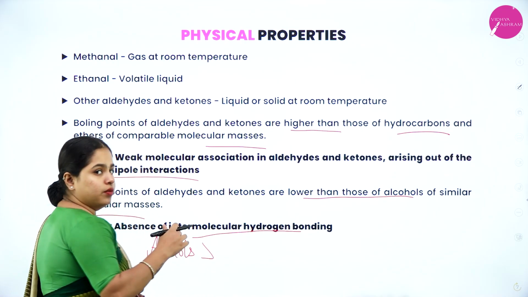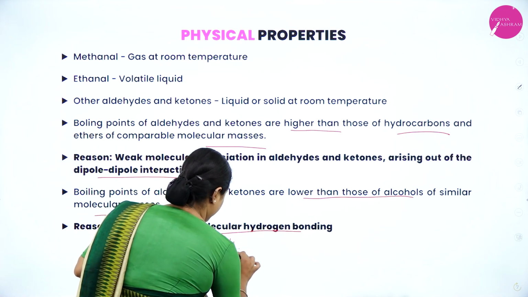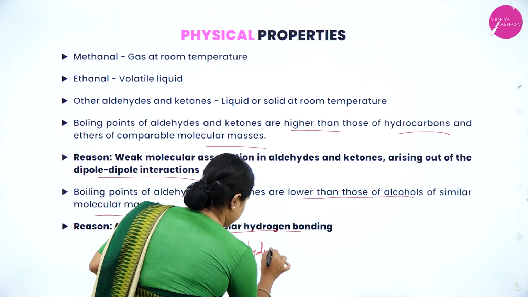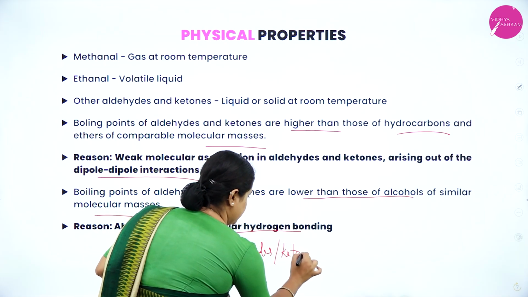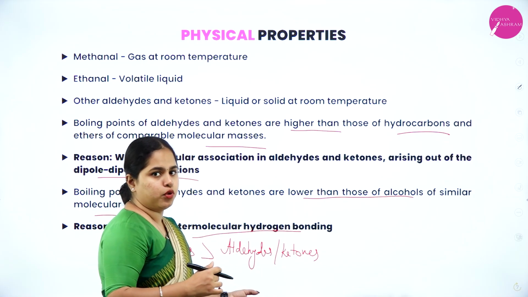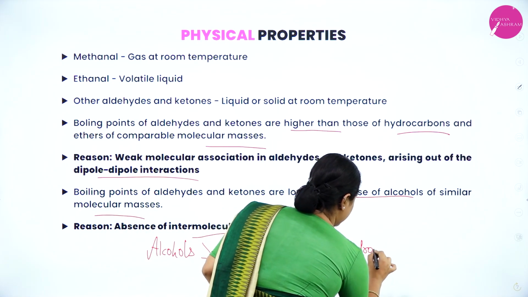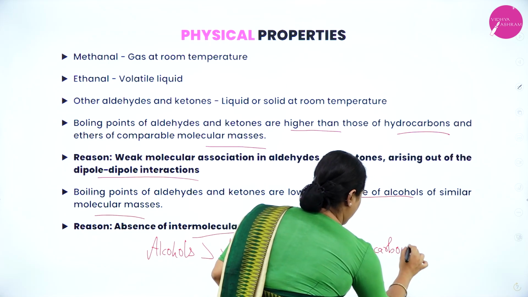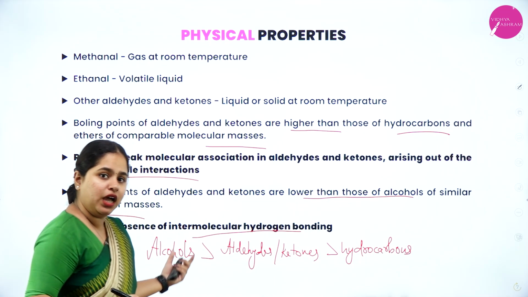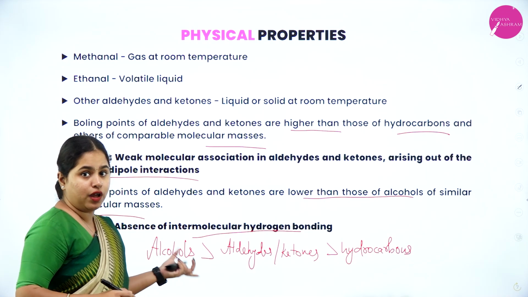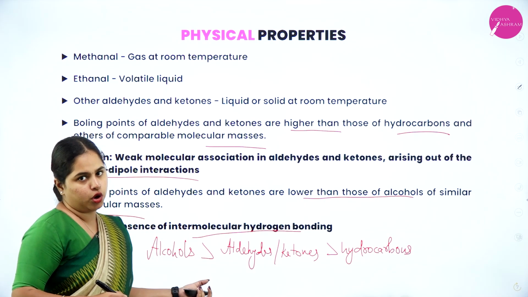Then come aldehydes and ketones, because of the dipole-dipole interactions present, and then you have hydrocarbons. So this will be the order. Aldehydes and ketones will have a lower boiling point than alcohols because they do not have intermolecular hydrogen